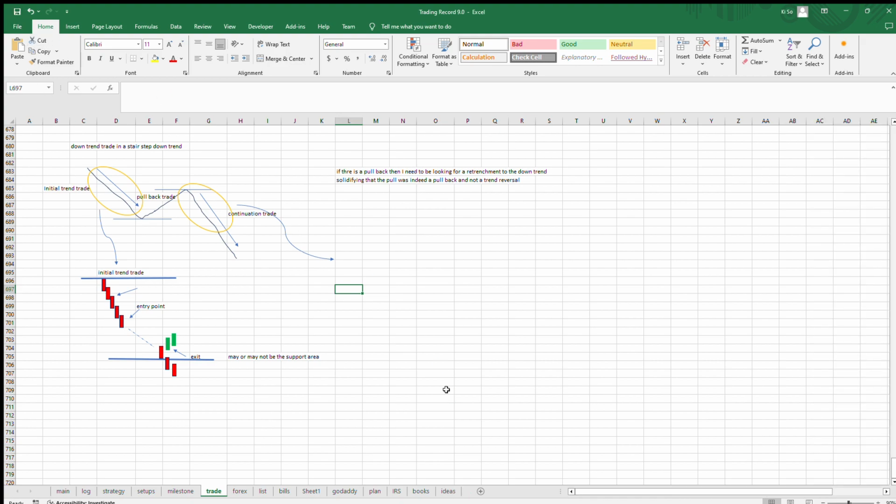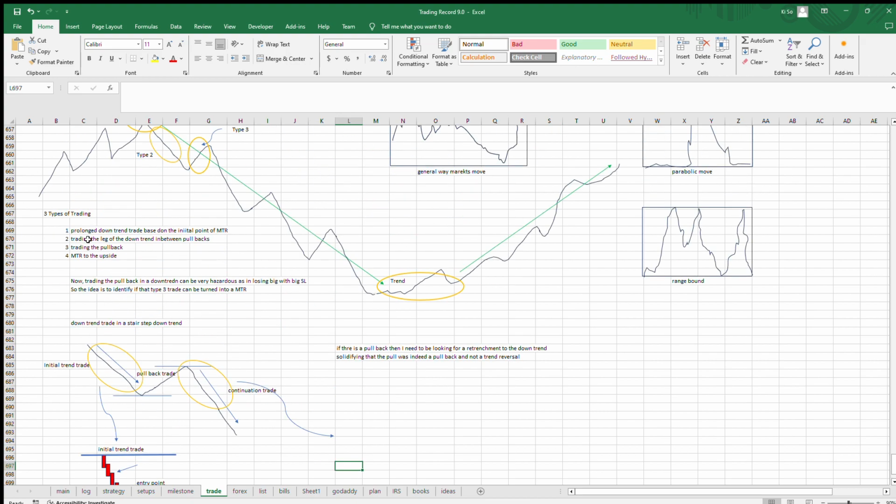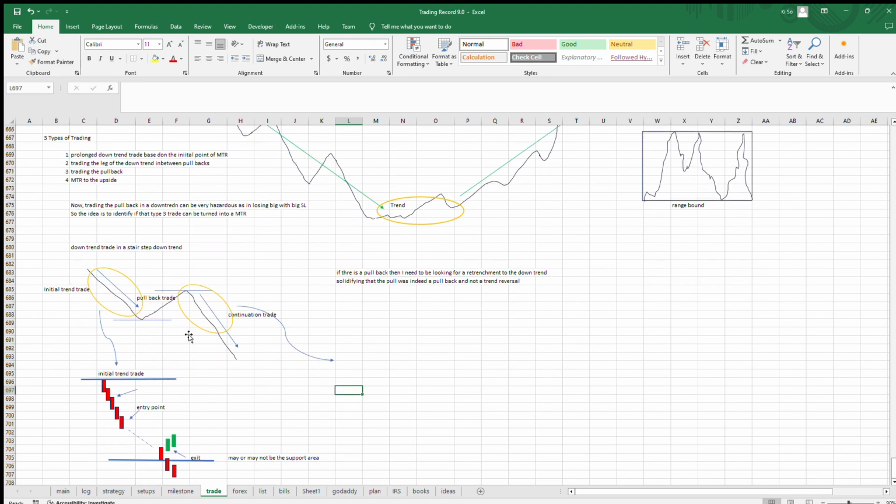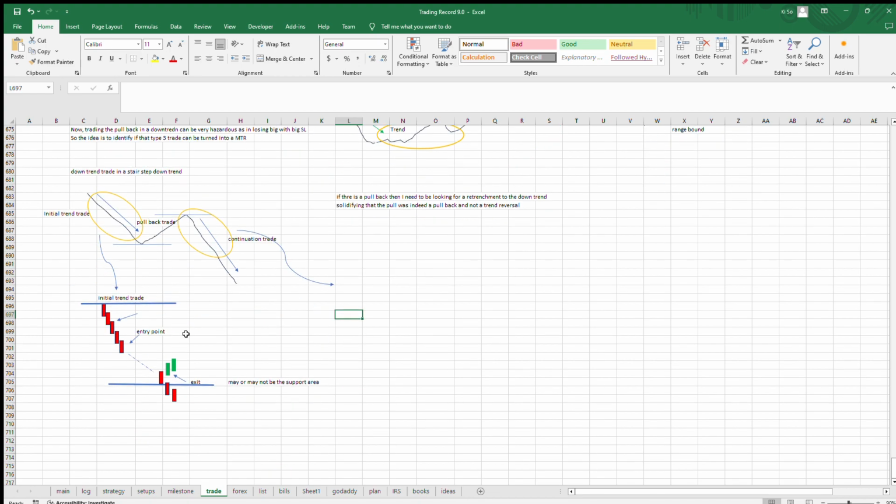What I would be looking for when I make this trade, when I'm going long, is the stair step downtrend. Am I just talking about trading that? This is actually allowing me to refresh how I trade the long trade, so this is going to help both ways. So when this happens, then what's going to happen is